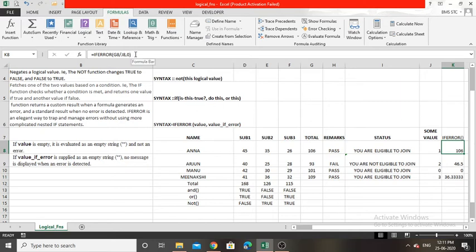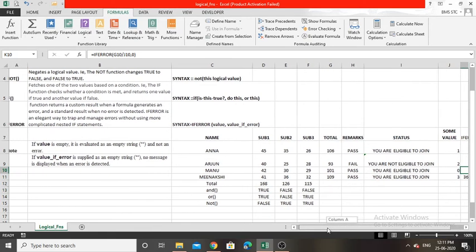The IFERROR checks whether there is a division by 0 error or not. So total value divided by this sum value will generate the output, and here you can see that 101 divided by 0 will generate an error. So to avoid the generation of the division by 0 error, I inserted a value for if any error occurs, like 0. So here it gives the output as 0 instead of the error. So this is how we can use the IFERROR function.